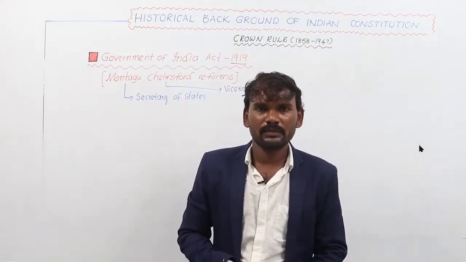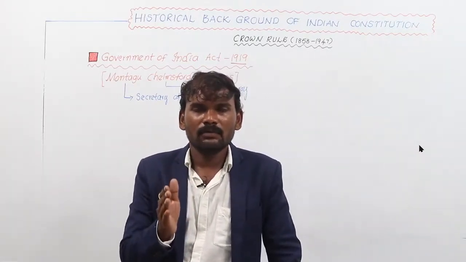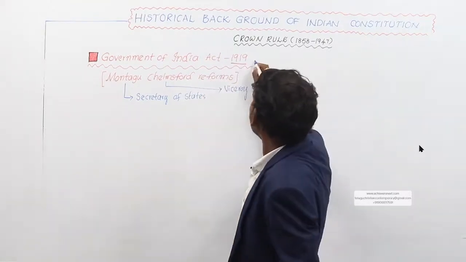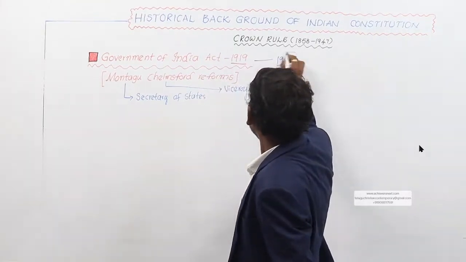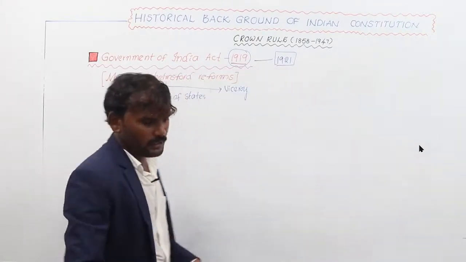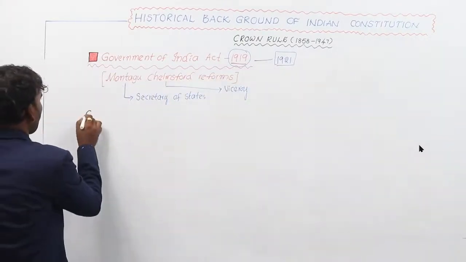The salient features of this act are: the 1919 Act was actually enacted in 1919, but it came into force in 1921. Actually, it was adopted in 1919. So the salient features of these acts are,